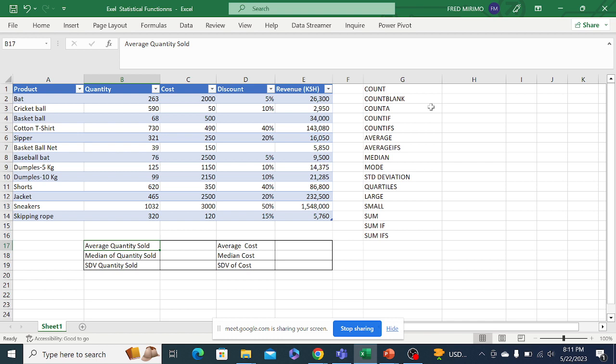regarding the business performance. Some of the statistical functions that we had looked at were the count function, the count blank function, counter, count if, count ifs. We had also looked at the average, and average ifs. So actually, the count function, just to repeat for your sake,